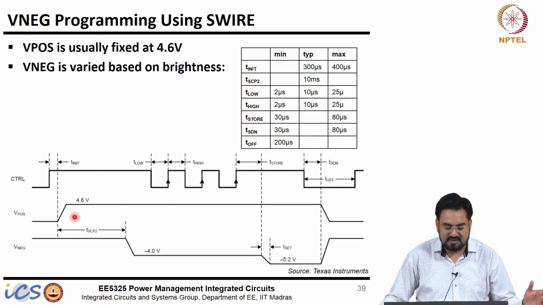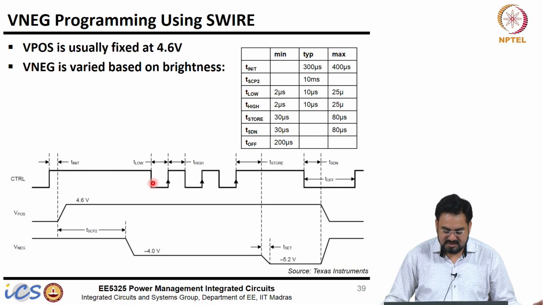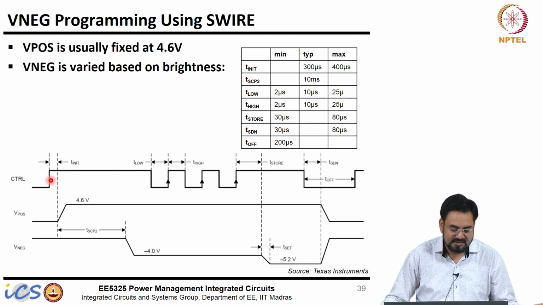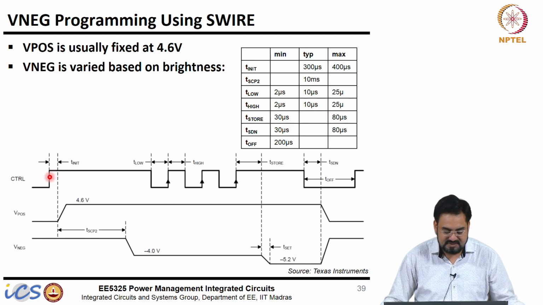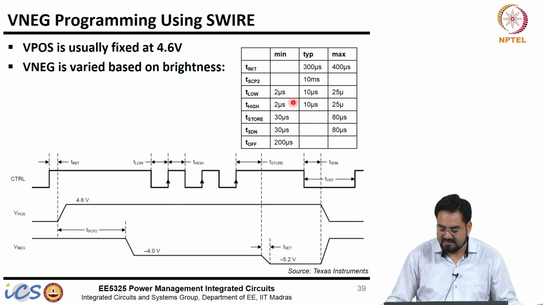If it has already come up within 10 millisecond, then we turn on the negative supply. Then this is your T low, which is nothing but the off time of this. So, the way it is programmed, you send pulses. At first, the positive edge will be acting as enable, and after that any positive edges will act as a programming signal. Okay. And there is some timing requirement. These pulses should not be wider than 25 microsecond and shorter than 2 microsecond.